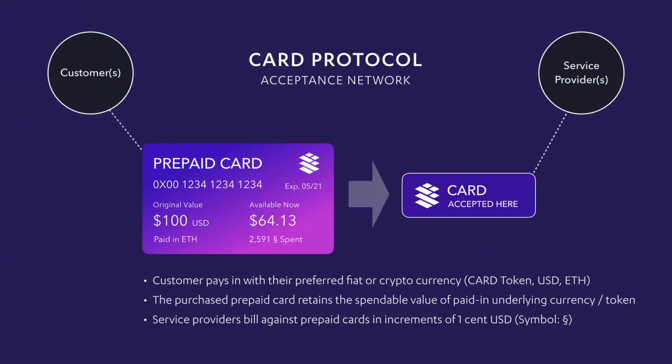And this idea of the 1 cent increment is divisible, so you can actually bill less than 1 cent. The decimal points are as many decimals as we need, but as a unit of action. If you look at what goes on in hosting services and cloud services, they typically charge no more than 1 cent. And that just allows us to make it more user-friendly and not have to have giant numbers like what Gwei or Wei is, to do something that is at human scale. Roughly 1 cent for 1,000 API calls is a way to grok what's going on.